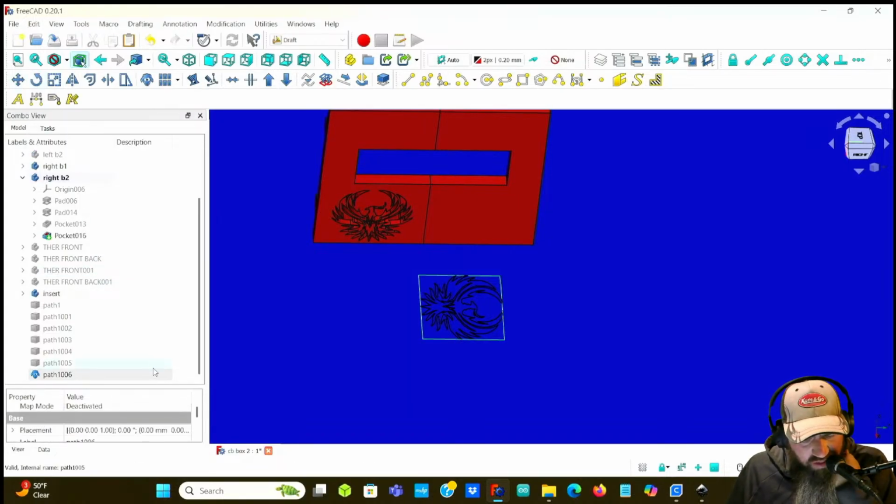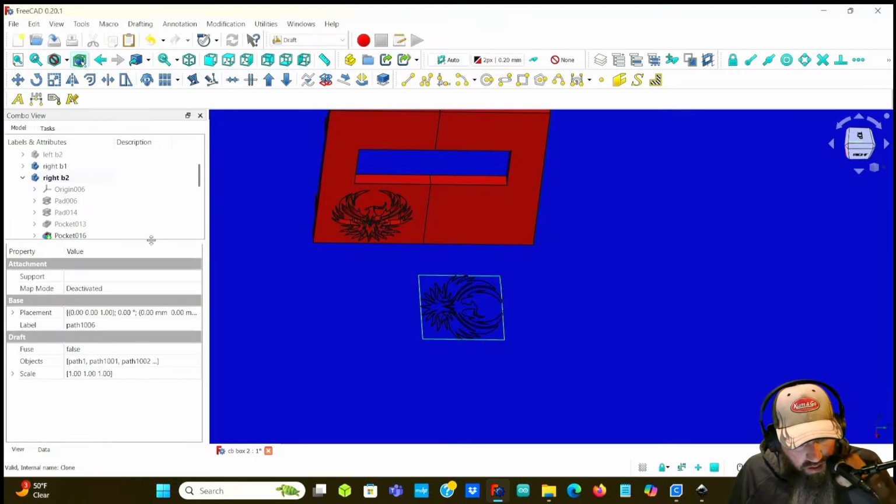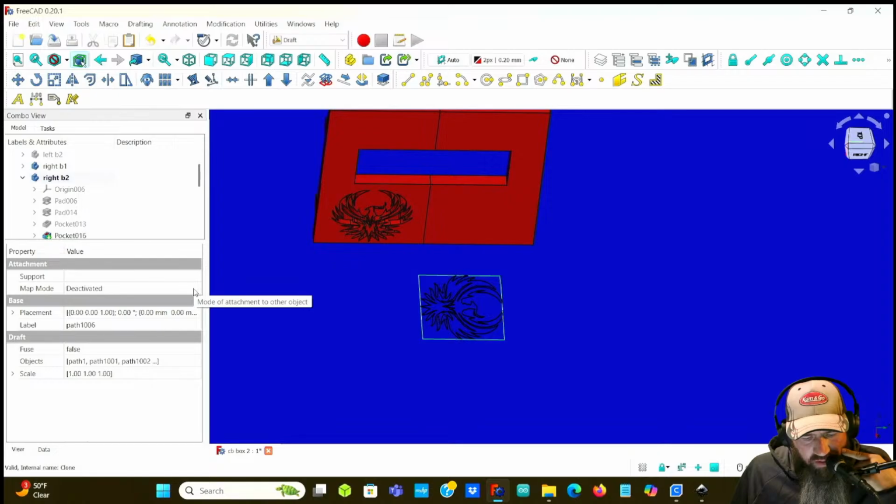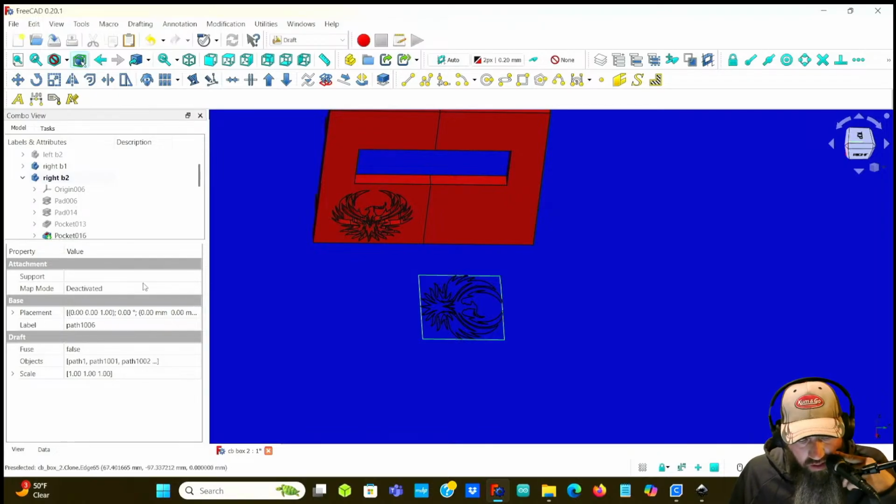No, I need to change the attachment point of this. So I came into here, that's what I did, where it says attachment. And see, I can't do anything with it. I feel like he was able to just do this, but I'm not. So I came over here. Let's see. If I click on this,